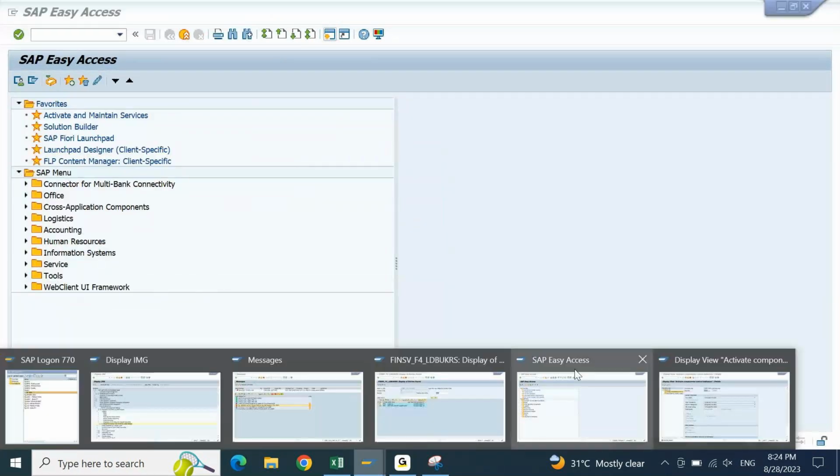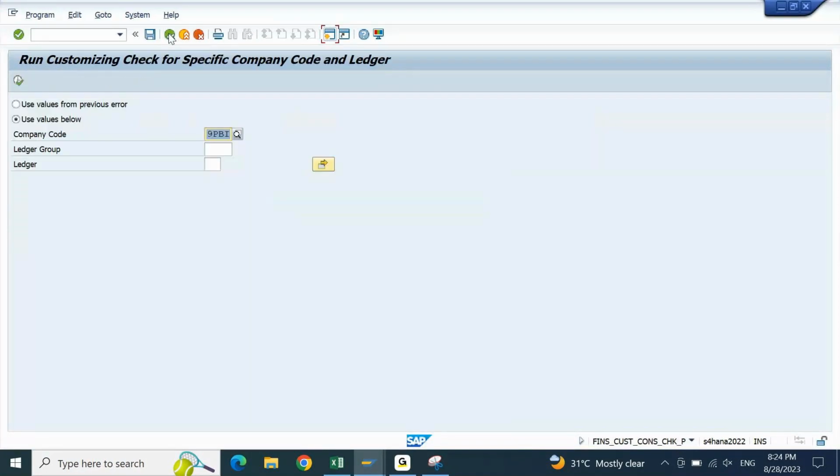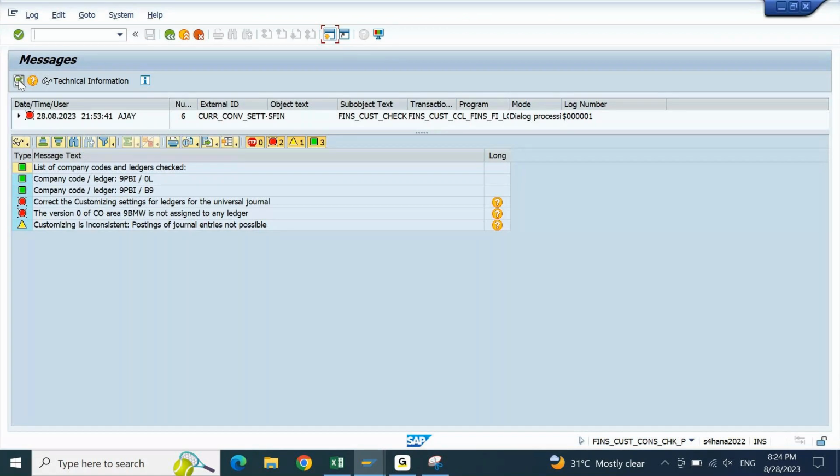After activation of profit center accounting, let me come back to the consistency check. Okay, let me run this again. You have to get full green here, no red lights. Currently there are 2 red lights. You have to remove these 2 red lights also. The next one that you are getting is: version 0 of controlling area 9 BMW is not assigned to any